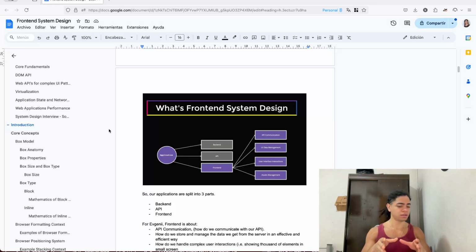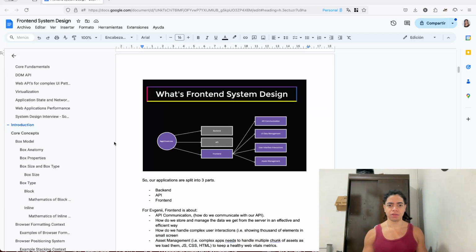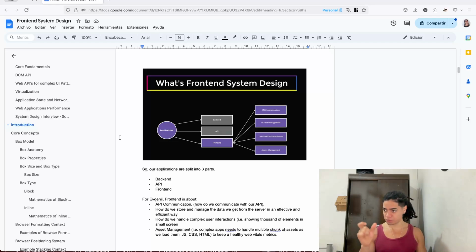So in design systems or in any application, you can split that into three phases according to Evgeny Ray, right? This software engineer who worked over 3 years at JetBrains and also at Meta. So he says any application software is made of the front end, the API, as well as the backend. And in our particular case, because we are going to look at the front-end design systems,